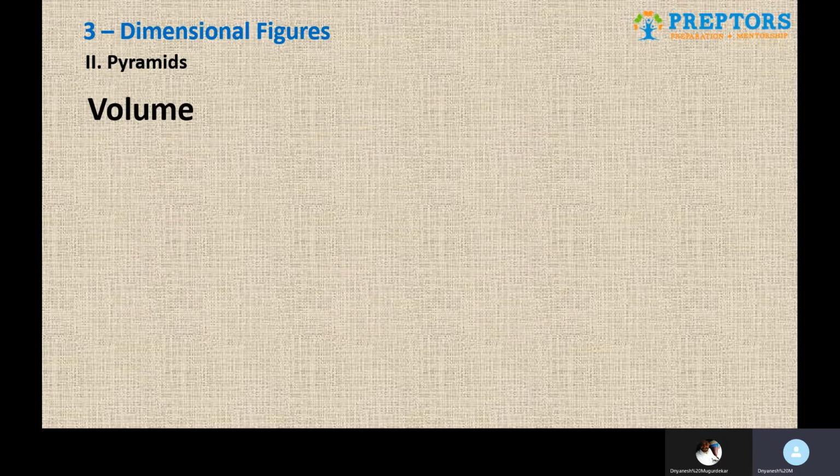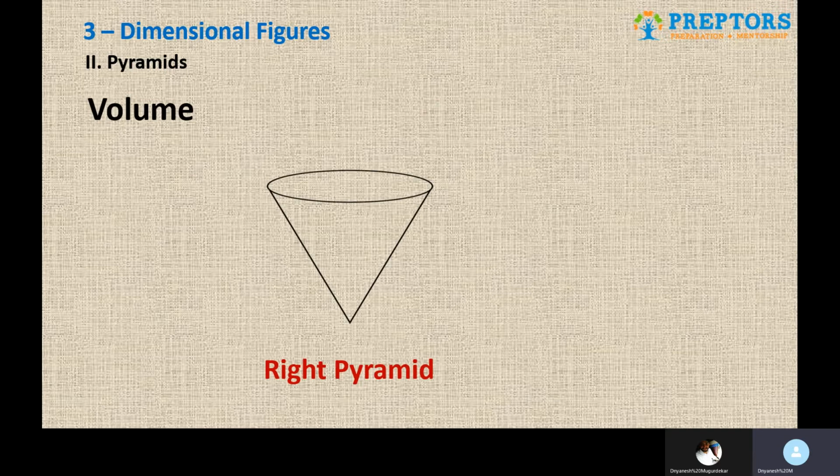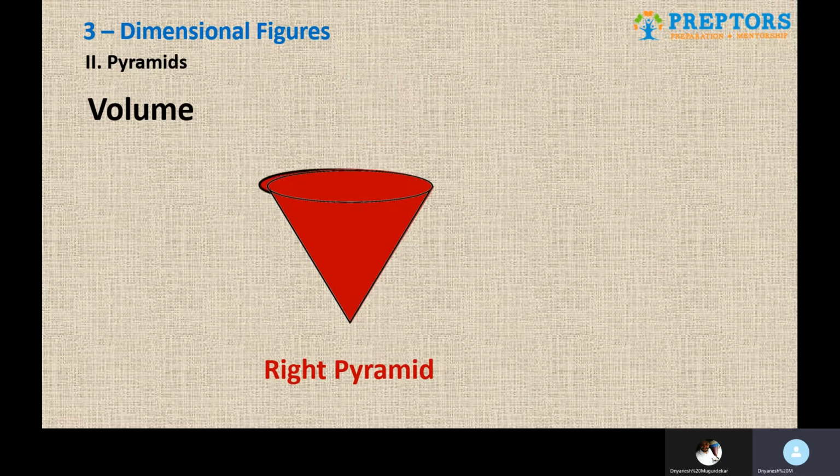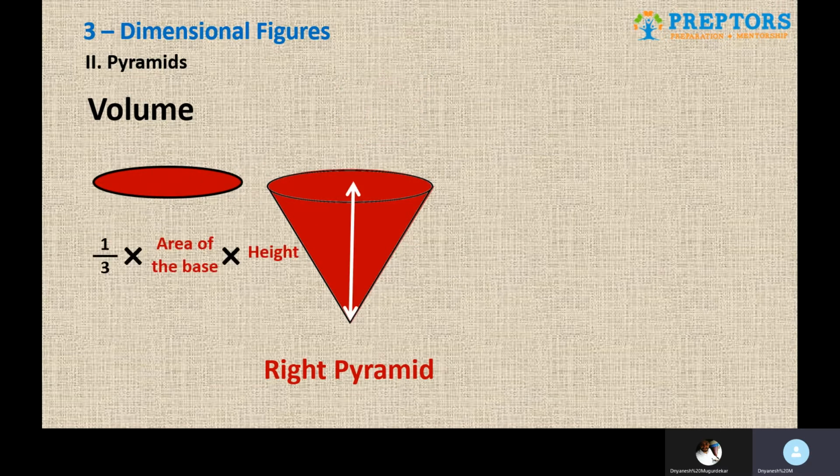Now, same things here as well. The formula for volume of the pyramid is a generic formula. Area of the base into height remains the same. You're going to just add one additional part to it, which is 1/3. So the formula for volume of the pyramid is 1/3 into area of base into height. Just area of base into height, same as the volume of a prism. We are just adding 1/3. That's a generic formula. Remember this.